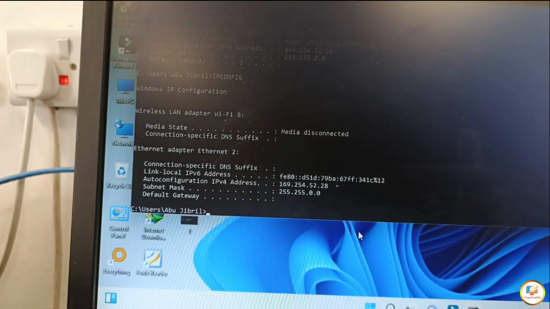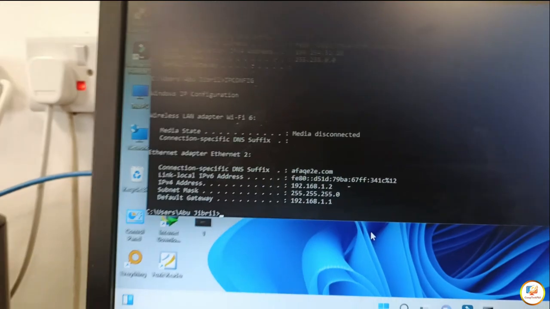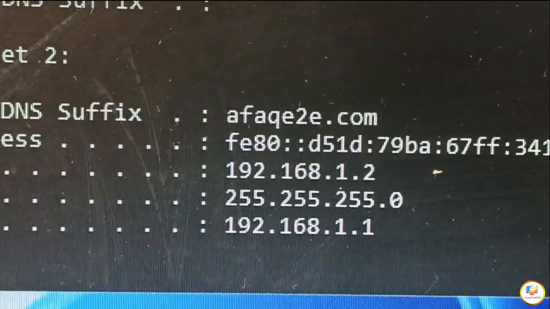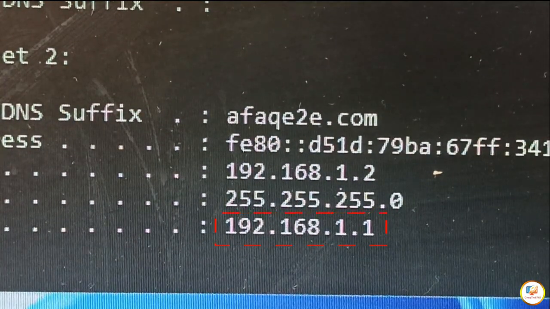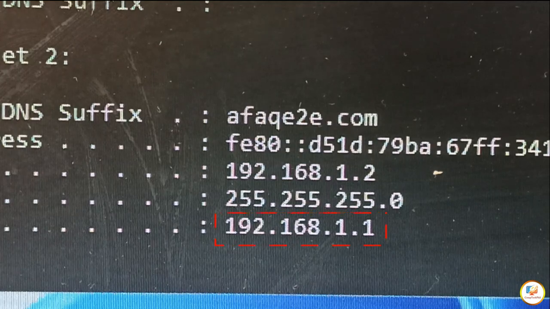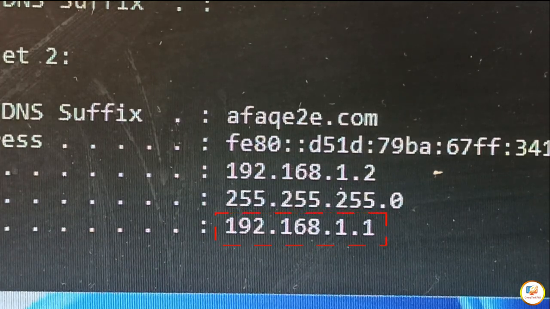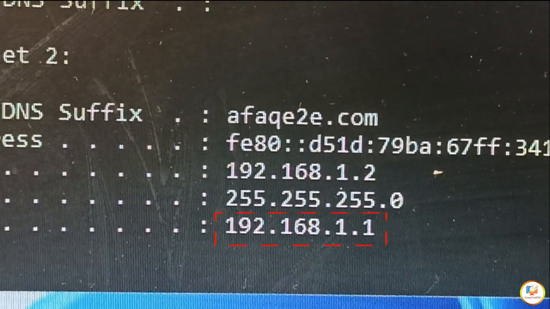So type ipconfig again. As we can see now, you can see the default gateway of this router, 192.168.1.1. So meaning we can access the web program of this router by using 192.168.1.1.